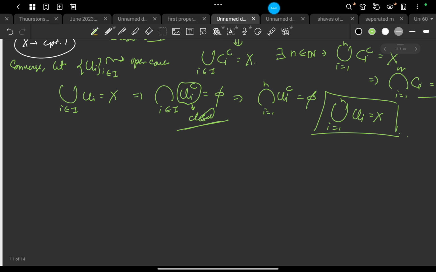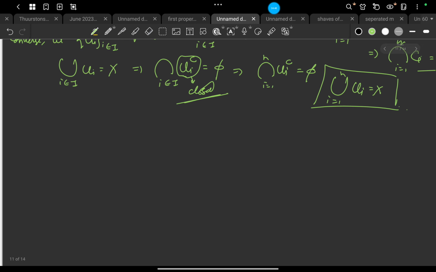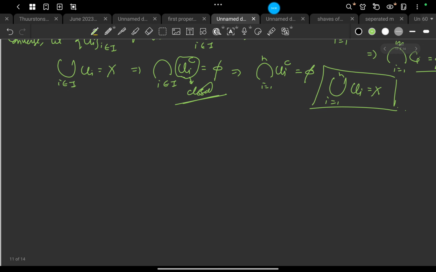Now, every time we may not be able to find a finite subcover for general open sets, right? Because there might be some topological spaces where the open sets may not be easy to visualize, other than the basic open sets. So that's why we may be concerned about the picture in terms of basic open sets.